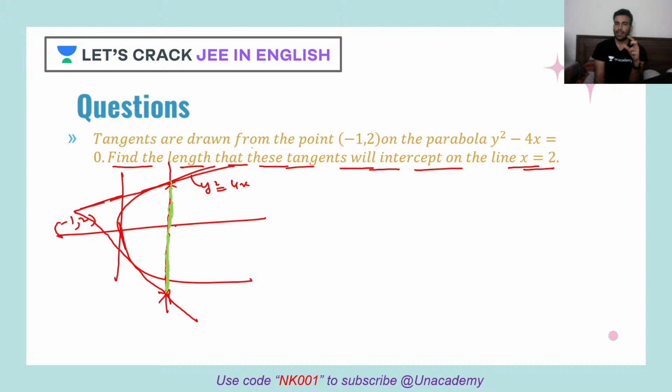Okay, intersection points, distance formula. Oh, why can't I find an equation, maybe a quadratic equation for the intercepts, and then directly use my quadratic equations knowledge to find the intercept? Because when we solve the quadratic equation, we get two values. Obviously, when we get two values, instead of finding y1 separately and y2 separately, what I can do is use the y1 plus y2 and y1 into y2, the sum and product of roots, to find out the distance. So that's what my mind started thinking about.